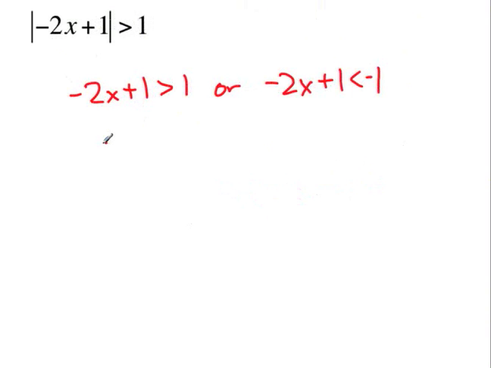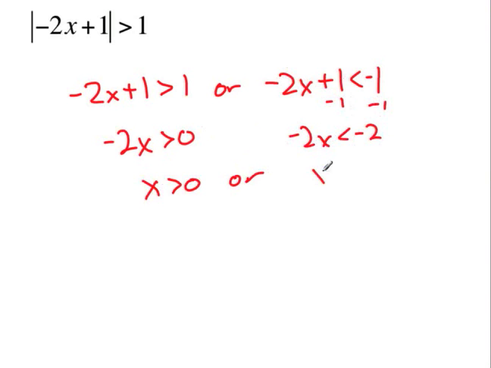So subtract 1 from both sides, so negative 2x is greater than 0. And then if we divide by negative 2, we get x is greater than 0. Or, subtract 1 from both sides, and we get negative 2x is less than negative 2, so x is greater than,